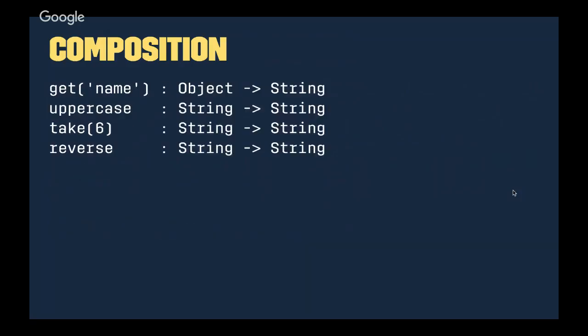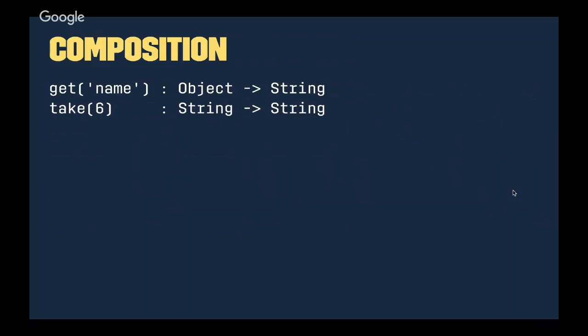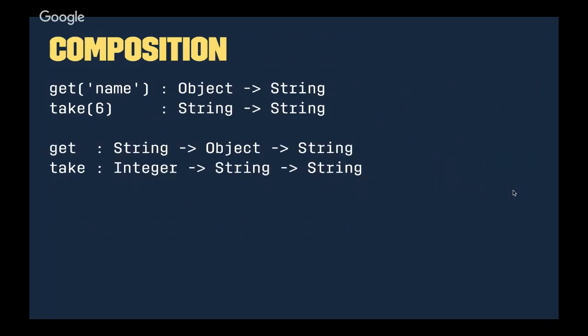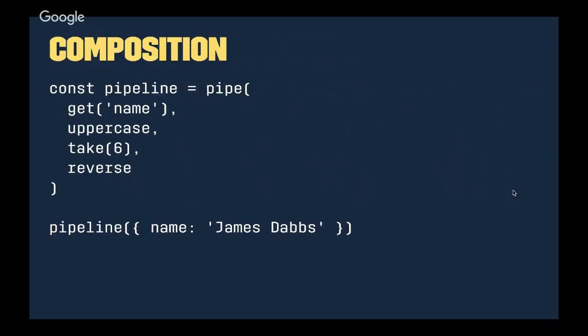So the pipe operator here takes a list of functions and sequences them one after the other, starting with the first one and flowing through the rest. And as long as they fit together, that works perfectly well. I will say, as a parenthetical, instead of writing getName is a function, I normally think of it as get is a function that takes a string and returns a function that takes an object and returns a value. So you may see some of this notation in a bit. But that aside, the whole thing fits together nicely, and that's what makes it work.